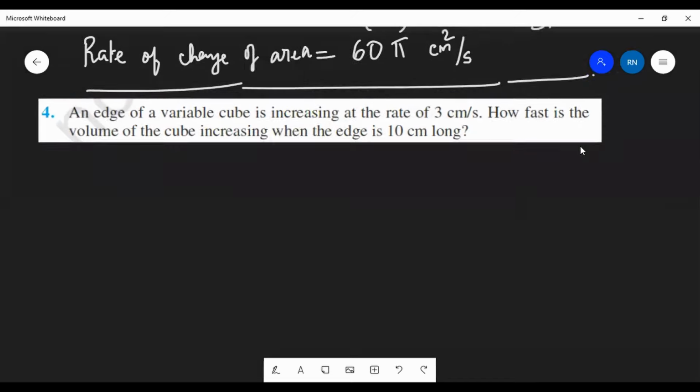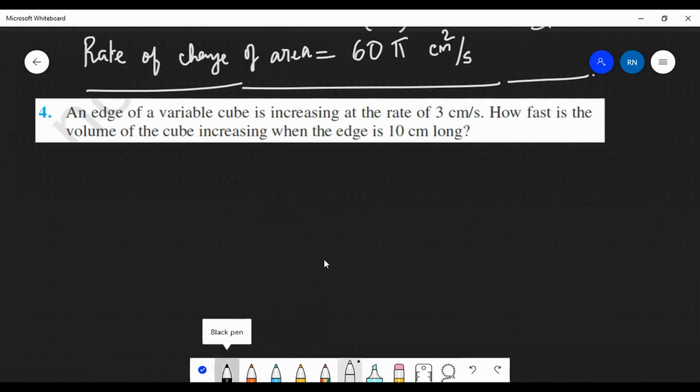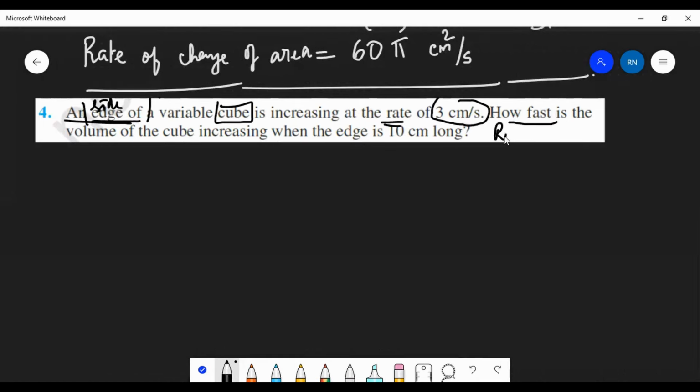Go through the statement. An edge of a variable cube is increasing at the rate of 3 centimeter per second. How fast is the volume of the cube increasing when the edge is 10 cm long? So quickly grasp what the highlight points are. The first thing is the shape. It is a cube. And what is this 3 centimeter per second? It is the rate of change of the edge of the cube. Edge otherwise means the side, any one side of the cube. And the question is how fast. How fast means you have to find the rate of change